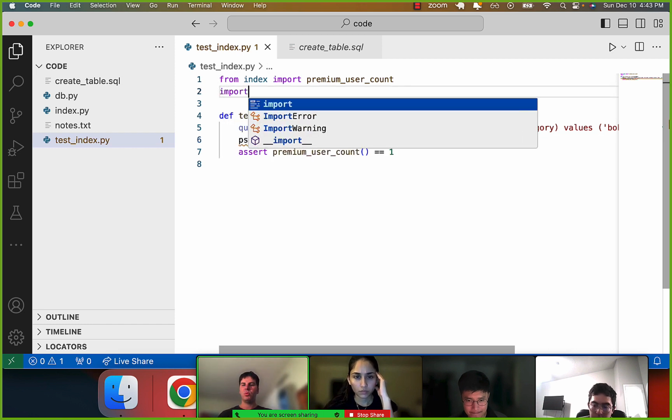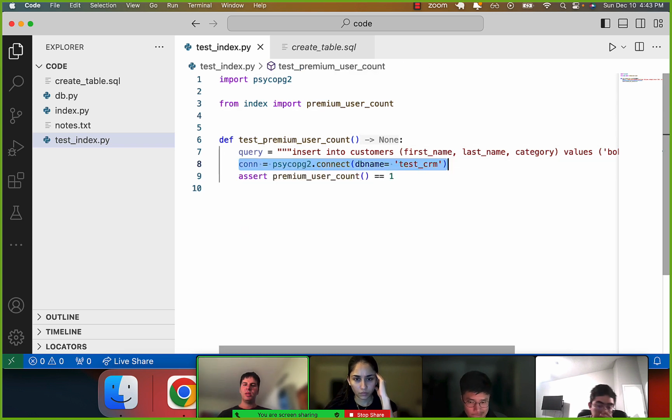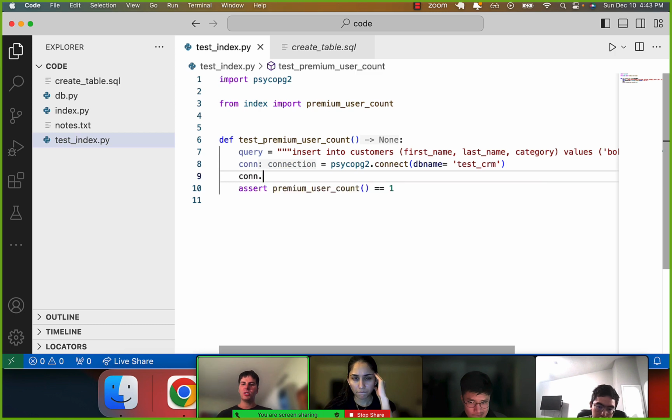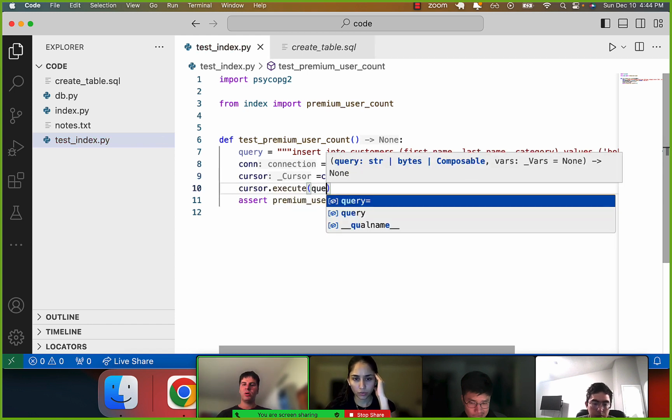It would do import psycopg2. Okay, cool. And that's your connection. And then you will take the connection, and then connection.cursor, and then we'll do cursor.execute the query, and then